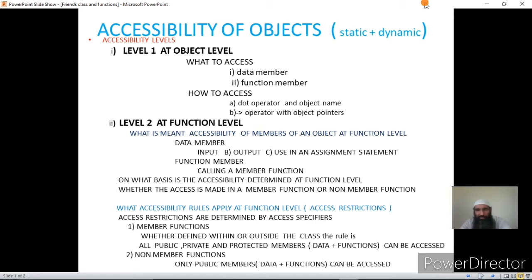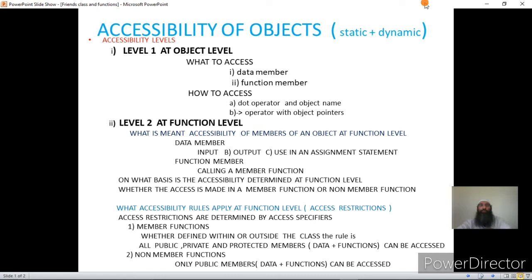Now accessing a function means calling a function. But in order to access a data member or a function member, as I told you, we have to qualify a particular data member with a unique name, and for that we use an object name and the dot operator. For calling a particular function, we use object name dot function name. Why do we use a unique name for a function? Because once we give the unique name to that function, the object with which we are calling it becomes the implied argument for that function, so that it can be easily identified with which object the call has actually been made.